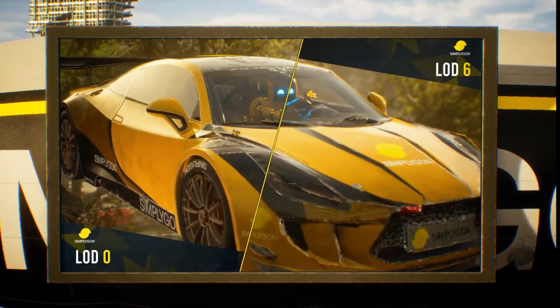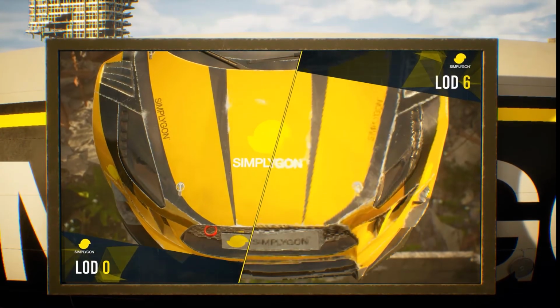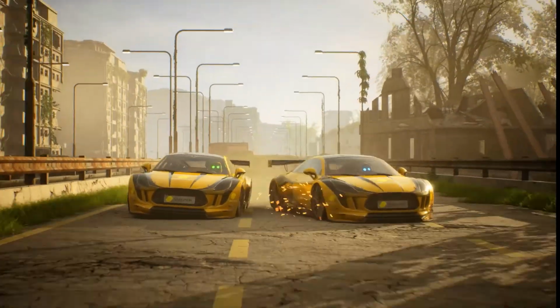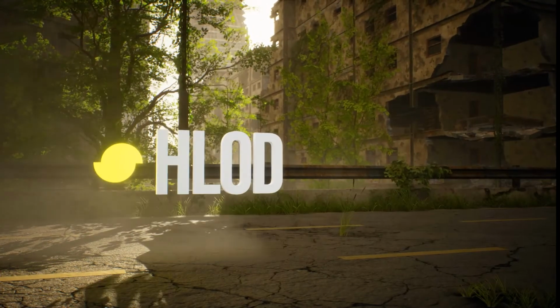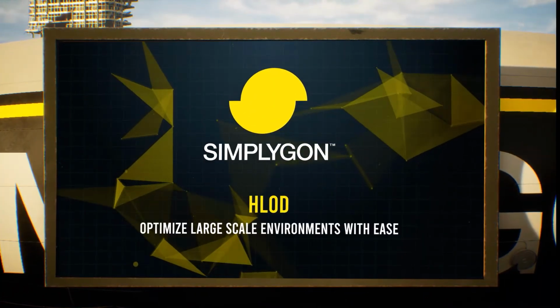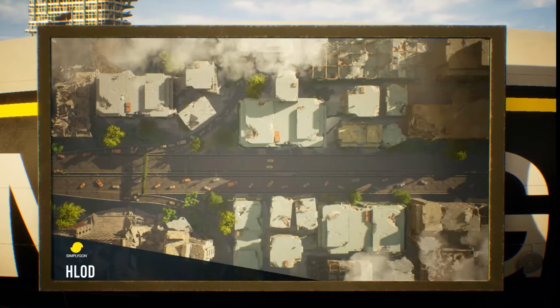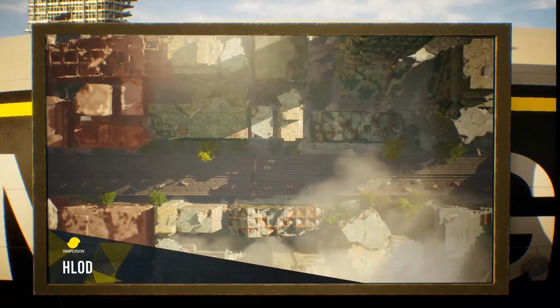Meshes can be reduced while maintaining hard edges to preserve the shine so your work looks at its best even at the lowest LOD levels. Use Simplygon to create heavily optimized clusters of meshes for distant viewing, ideal for urban environments like cities or any large-scale landscapes.